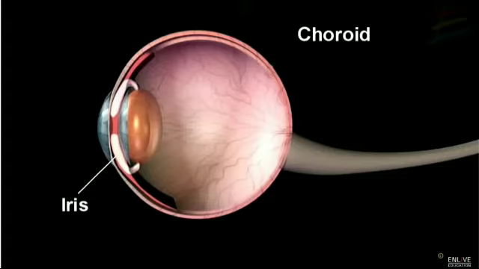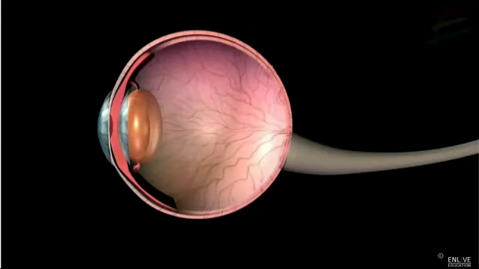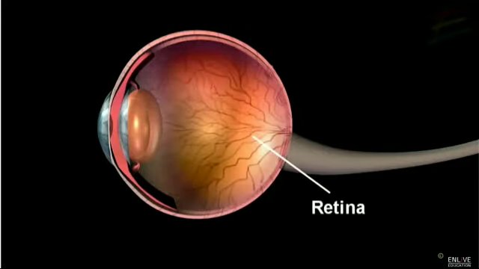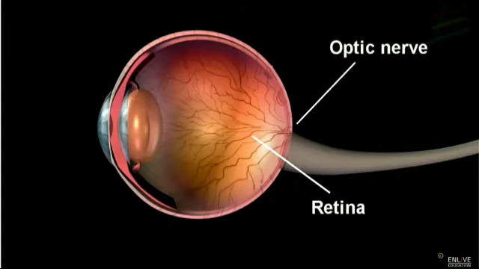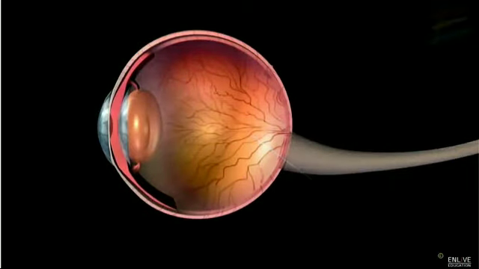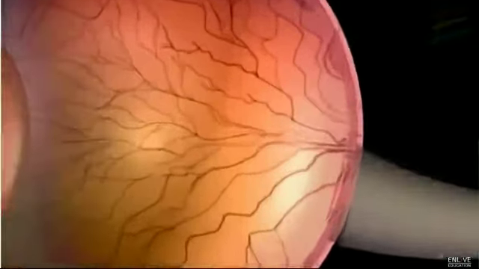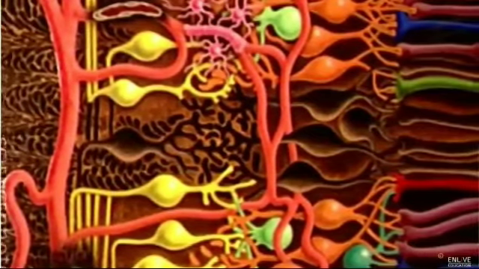Next, iris. It is the colored part of the eye. It may be blue, brown or green in color. Every person has a unique color pattern and texture. Iris controls the amount of light entering into the pupil, like a camera aperture. Retina. Retina is the dark surface of the eye. It's the most sensitive part of the human eye, on which a real and inverted image of the object is formed.